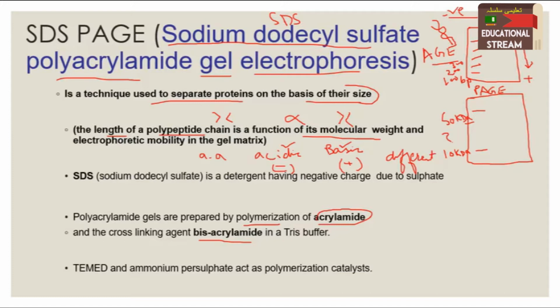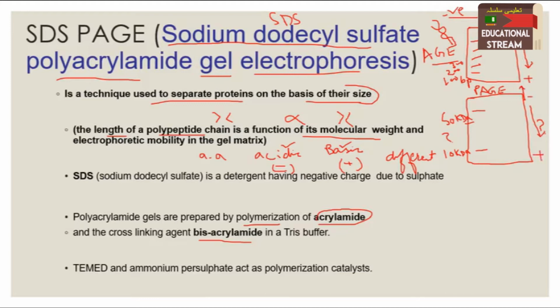There are certain proteins which have more positive charge due to the presence of basic amino acids in comparison to acidic amino acids. So what will happen on the gel? When we run the protein on the gel, there will be confusion, because the negatively charged proteins will move toward the positive terminal and positively charged proteins will move toward the negative terminal, because here is the negative terminus and here is the positive terminus.